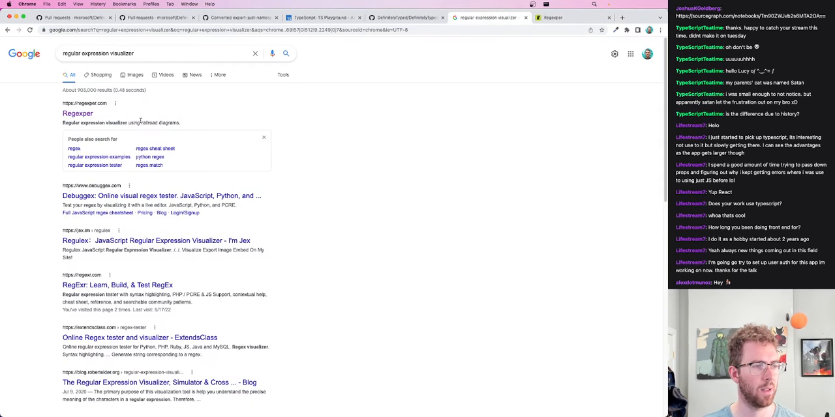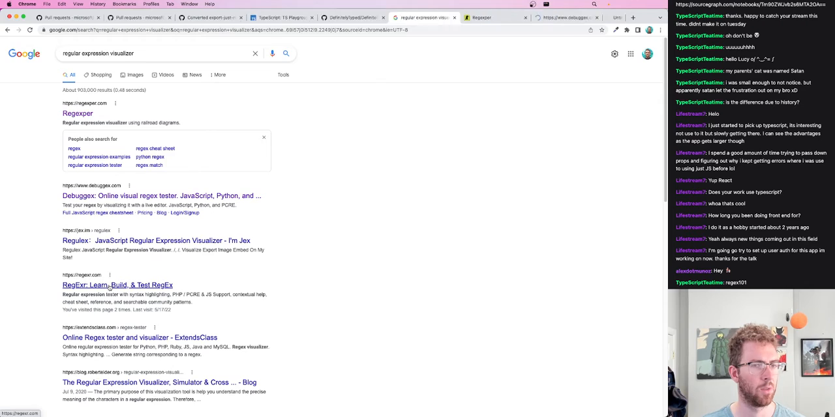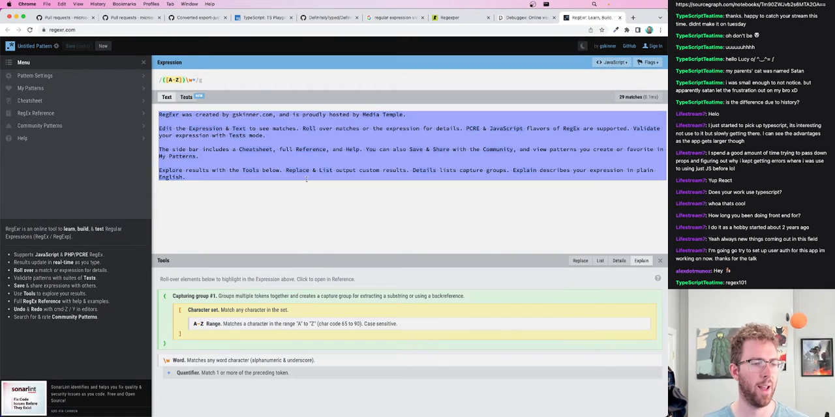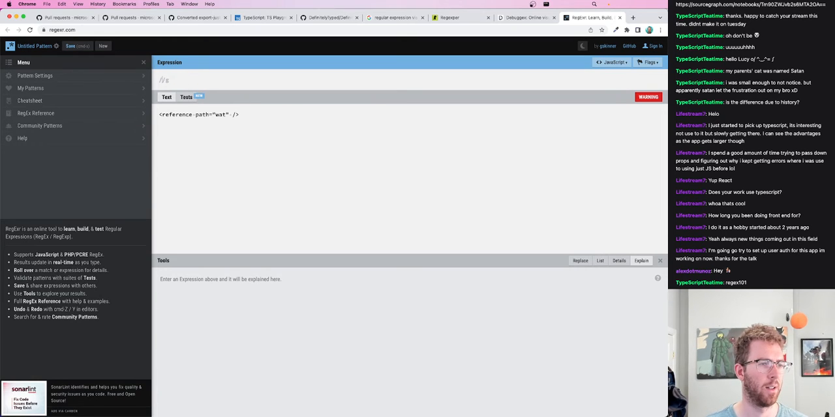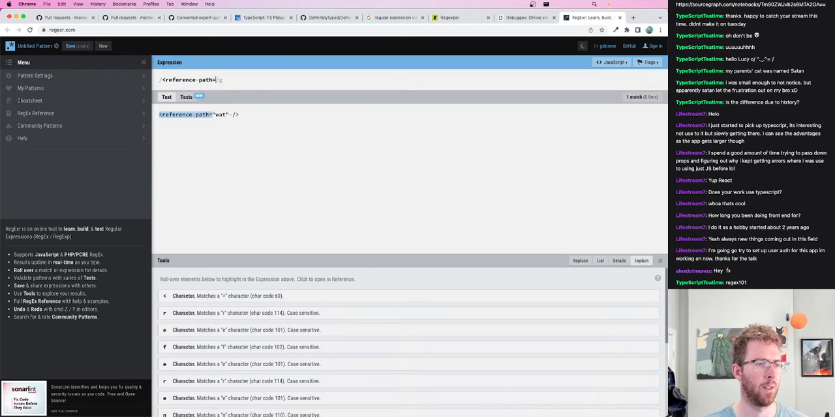Regexper? Is this the one? No, there's a different regexer. This one. Yeah. So reference path equals last. So I'm going to try to get reference path equals, and then it's dot plus to capture anything, at least one of anything, and then I have